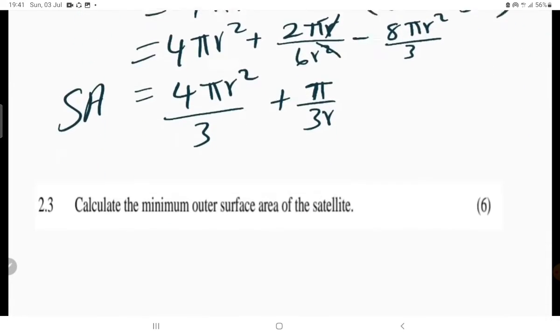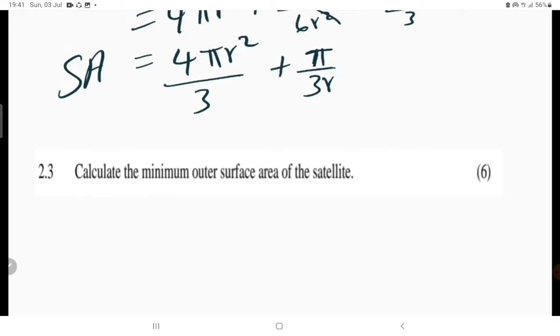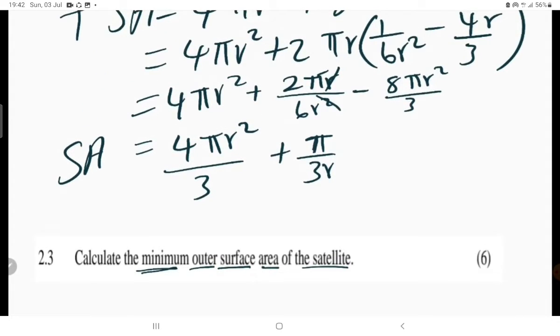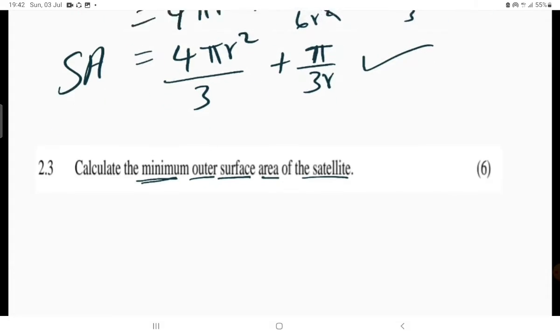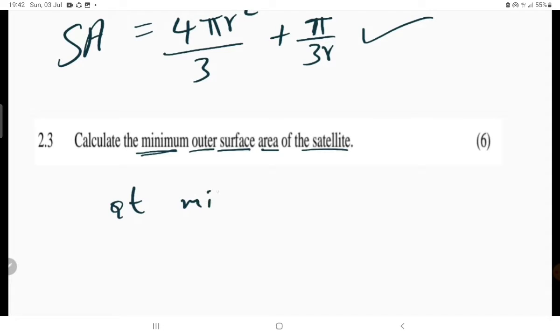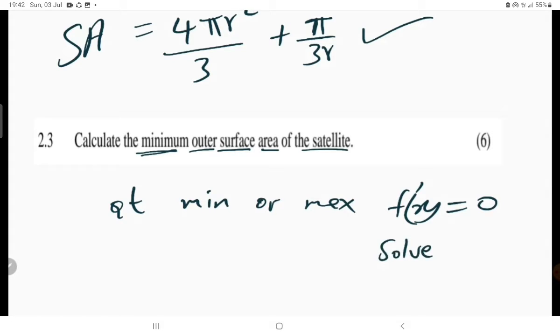So, coming to the last question. The last question says, calculate the minimum outer surface area of the satellite. When you are given the minimum, this question is used after you have proven that the surface area is this or the volume is this. You just need to be reminded of finding the derivative, and the derivative is equated to 0. At minimum or maximum, you just need to know that the derivative of a function is equal to 0. Then you solve for what you are looking for, right? So this is what you just need